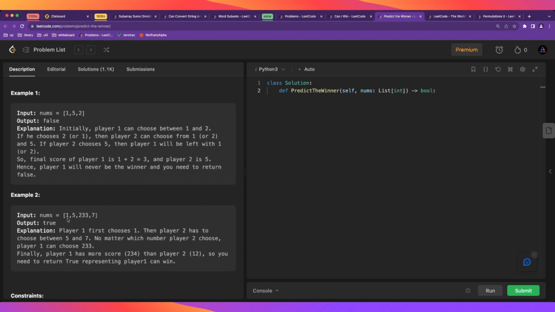So one thing to note is that here the players choose elements from the ends of the current interval. So that means that we could characterize the remaining numbers by just maintaining the ends of the interval, which initially are 0 and n minus 1. But the thing is that we need to, the fact that it's 20,